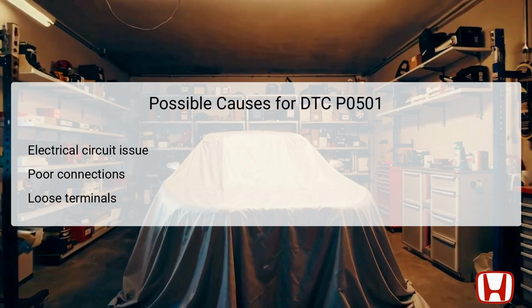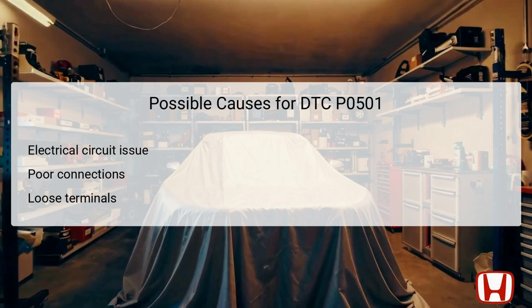The common causes of DTC P0501 primarily relate to electrical issues in the system. One significant cause is a fault within the electrical circuit, which may arise from corrosion or damaged wiring. Poor connections between the CVT speed sensor and TCM can prevent proper signal transmission, which is crucial for the operation of the transmission. Additionally, loose terminals can lead to intermittent connections that disrupt the flow of information between the sensor